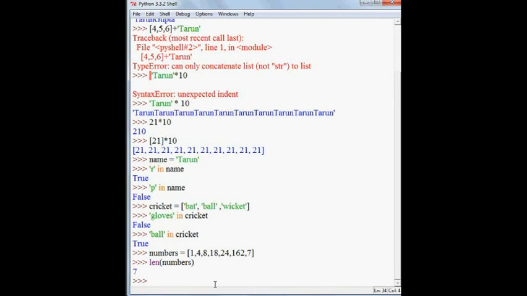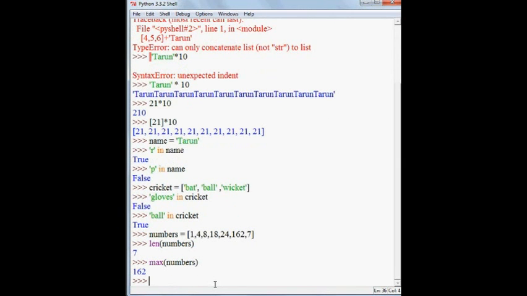Another thing you can do is use the maximum function. As it suggests by its name, it outputs the maximum value from any list. It works similar to the length function in terms of syntax. For maximum, type in max, and then similarly in parentheses type the name of the variable or the list.